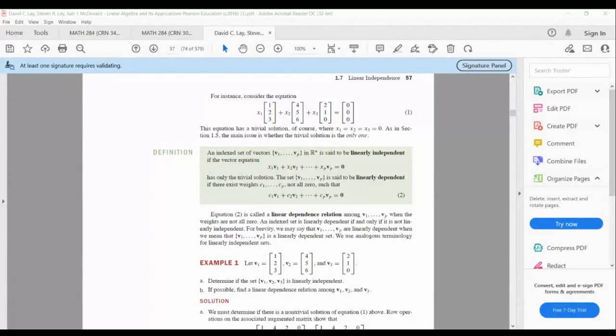Okay, so we're recording. Now we're looking at section 1.7. We're going to talk about linear independence of vectors. There's a formal definition in section 1.7, this definition here,